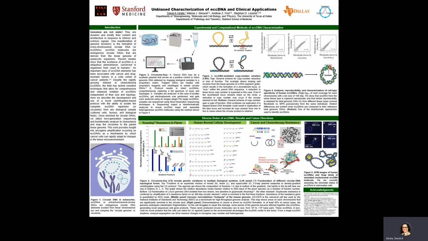And current biophysical techniques are unable to efficiently purify these very large circles. So as a result, we have developed a new technique that is able to purify these really large eccDNA circles while keeping them topologically intact. This technique basically relies on embedding the total DNA from a cell nucleus in a hydrogel matrix, processing it through a patented centrifugation process. This will yield a solution of topologically intact